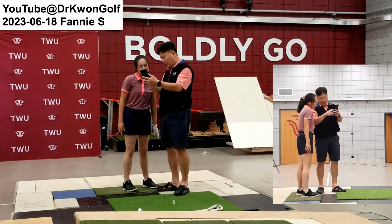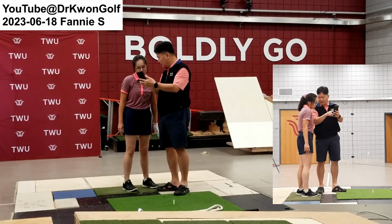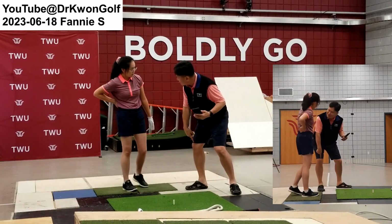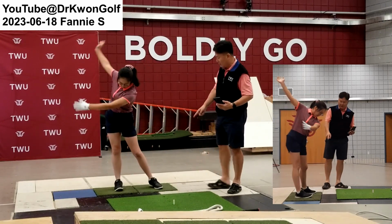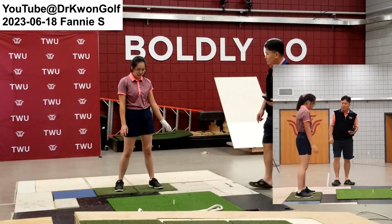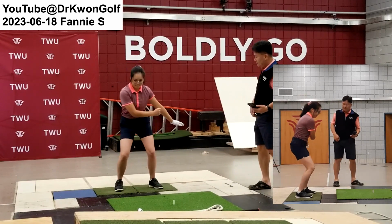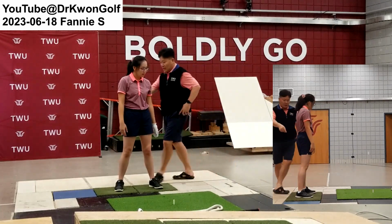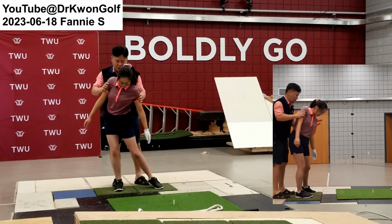So left side is okay, your leg is fairly straight. Right side, still you have angle here, because in the backswing you keep flexing your right knee. Yes. So try to push more actively and then extend your, yes. So if you push the ground good with the right leg, push. And then the advantage of doing that is when you have good push, so from here, push, and then,